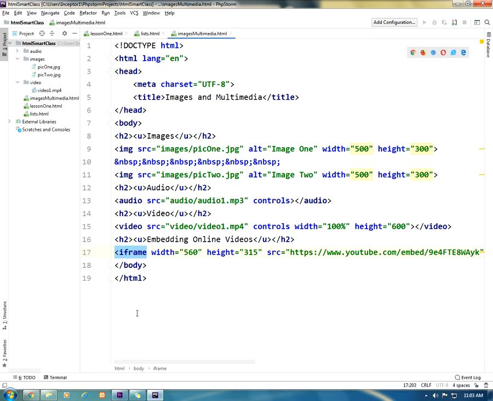The advantage of the online video is that the videos are played directly from a YouTube server. They are played directly from a remote server. The only disadvantage is that they require an internet connection to run. Otherwise, for the